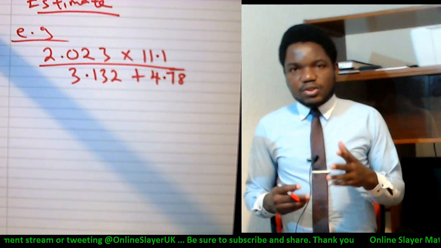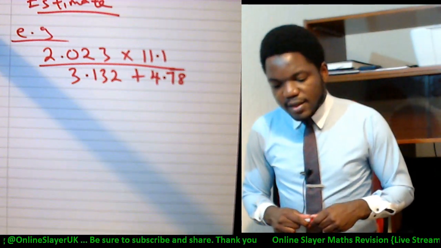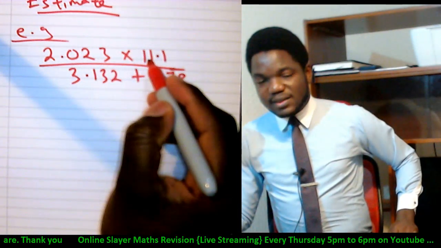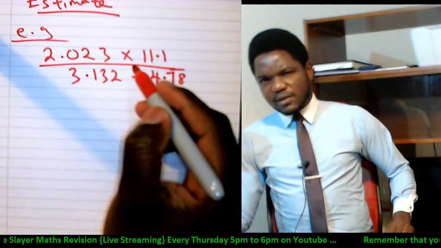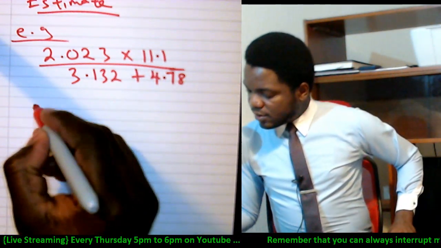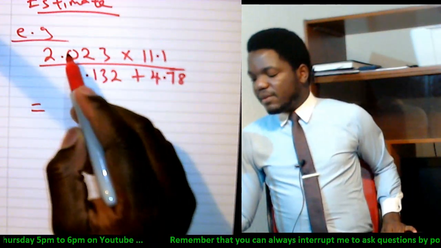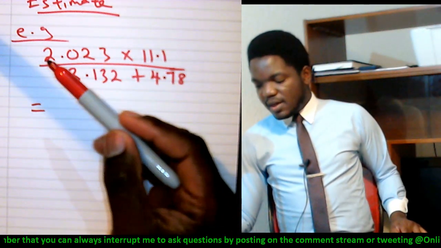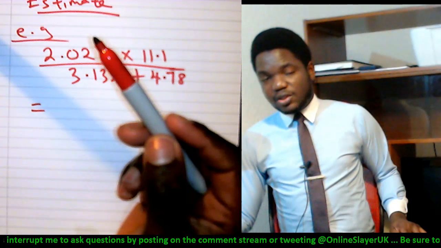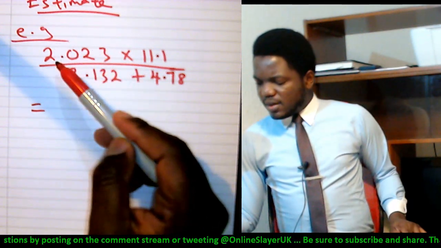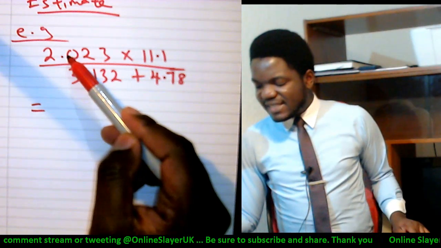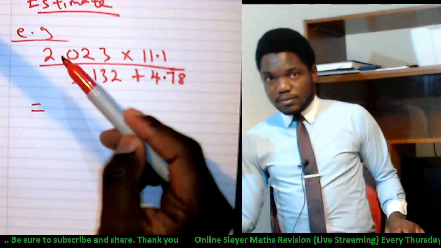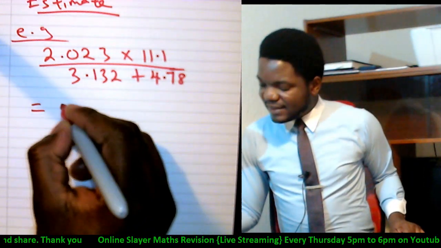So it's left to you now to do an intelligent guess. So in doing an intelligent guess, what you'll end up doing is look at each of these numbers and see how you can round things up to one significant place, one significant figure. What do you think I can round this up to if I'm to take it to one significant figure? It starts with a 2 point something, right? So it's going to be either a 2 or a 3. Should it be a 2 or a 3? Which is it closer to? As far as I am concerned, because the next number after the decimal place is less than 5, it's closer to a 2 than a 3. So this is going to be estimated as 2